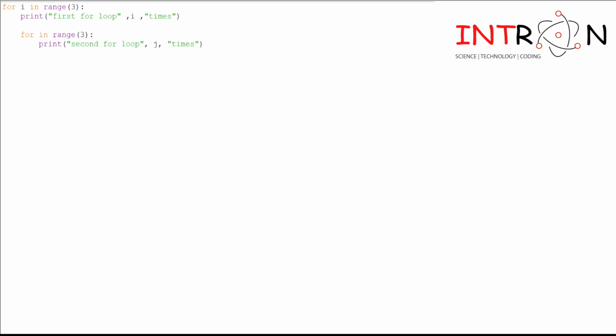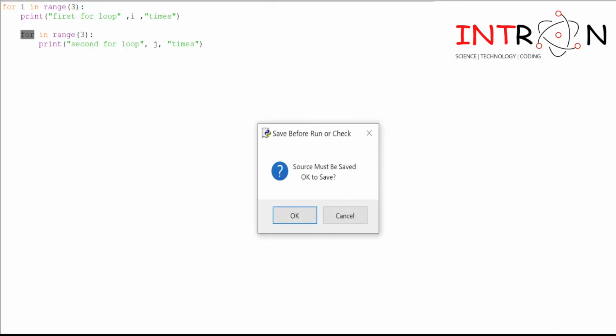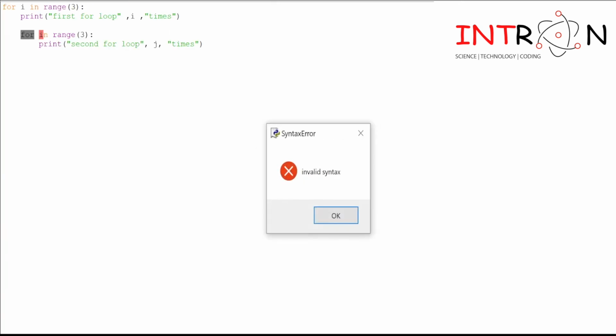So first of all let's run the code, and I will tell you step by step how it will work. This is the main for loop, and this print statement is written under this for loop by leaving space on the left. For this for loop also we have left some space from the left, to let the compiler understand this for loop comes under this for loop, and here we have given the print statement by leaving space from this for loop, so the compiler will understand this print statement comes under this for loop. By space the compiler can understand. So now first run the program and we will discuss how it works.